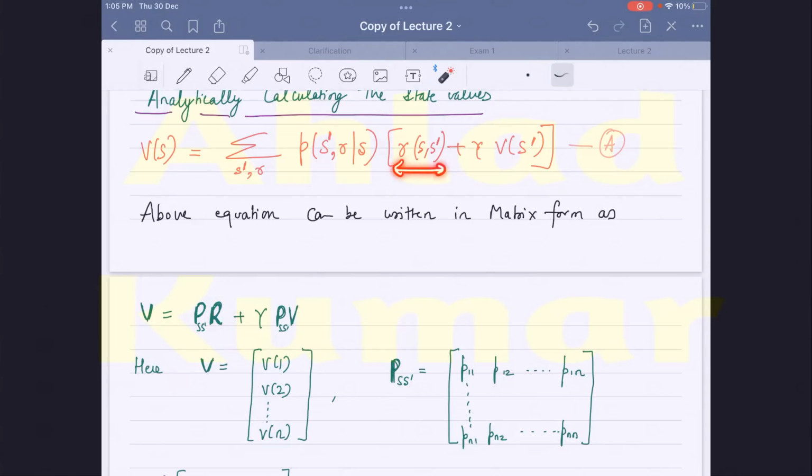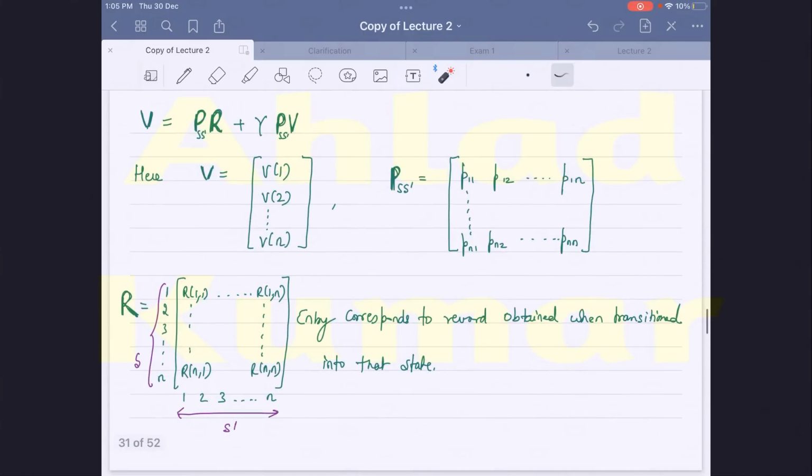And you can see here, this is the reward matrix in between the transitions, in between the states S and S prime. So that's why it will be represented in a matrix form like this, where you will have S and S prime here. So basically each of these entries corresponds to a reward obtained when transitioning to the next state. So all these entries will be giving you the value of the rewards when you transition from this state to next states, which are 1, 2, 3 or n, which we are denoting as S prime here on the horizontal